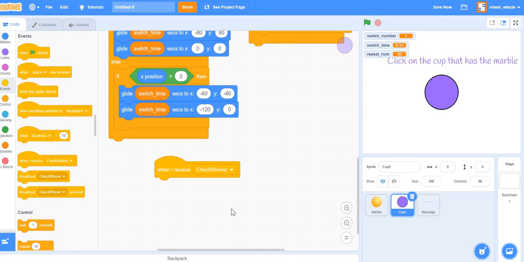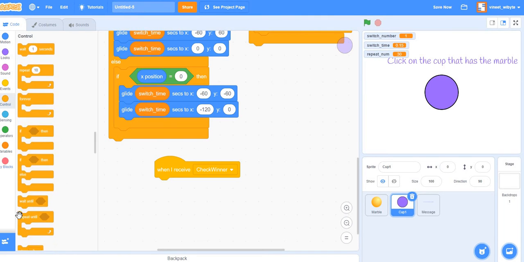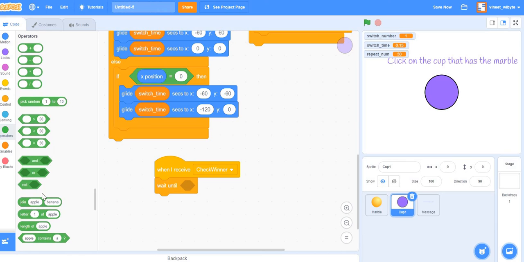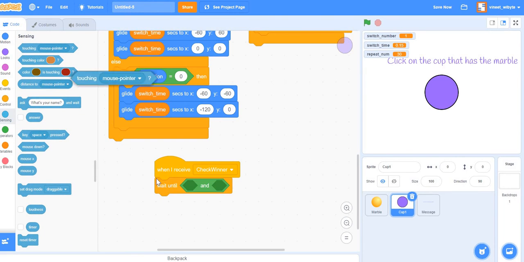Until the user clicks me, I just stay put, right? I don't do anything. So I can use wait until, which is basically do nothing until the condition inside it comes true. And the condition that I'm talking about is one we have seen before in the spot the hero game, which is basically saying that when I'm clicked, right? And how do I figure that out? Well, go to the sensing block and I'll say touching mouse pointer